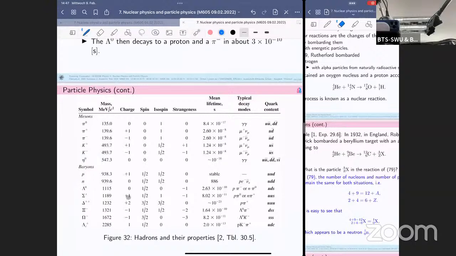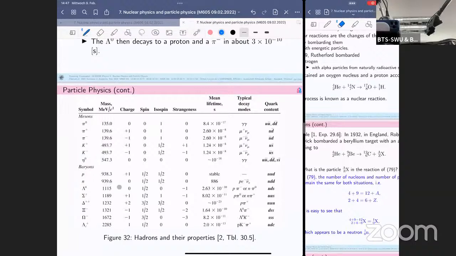The important thing is that delta plus plus has +2 charge, and other than that, if they have the superscript negative, like sigma negative or omega negative, it means it has negative charge. All right, but they are still quite large, on the order of 1 giga-electron